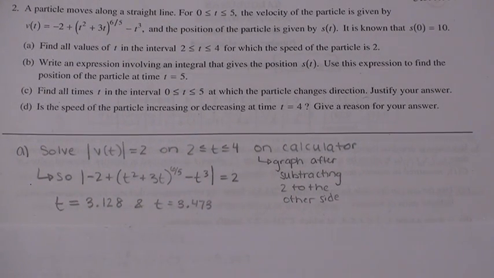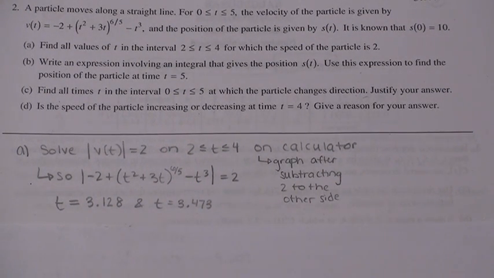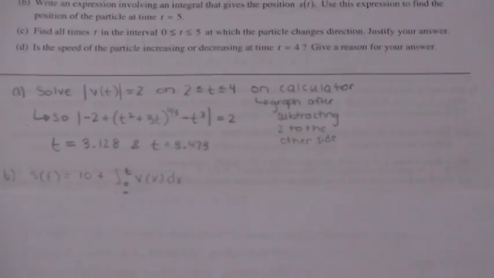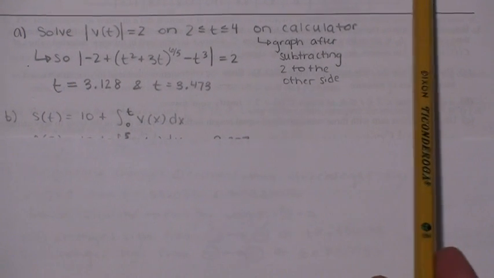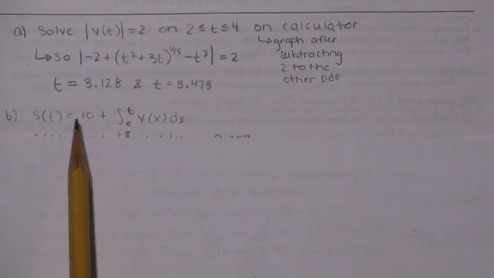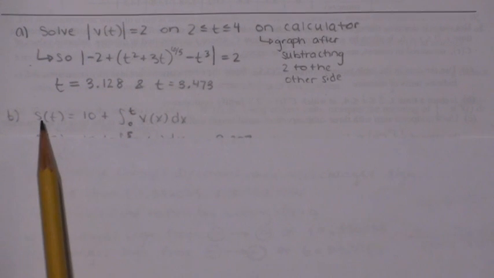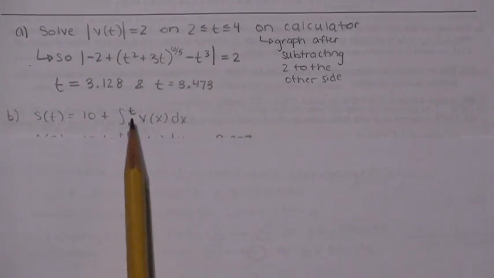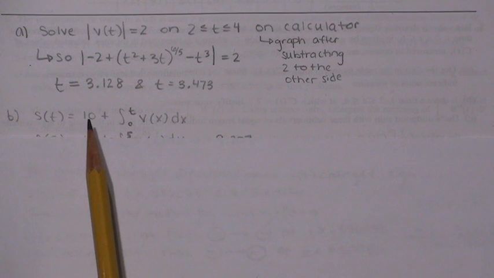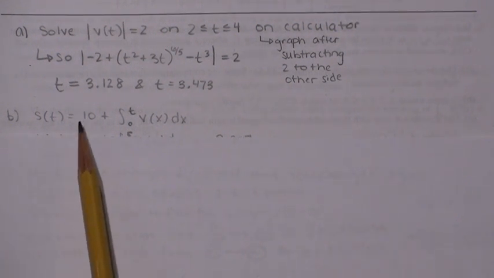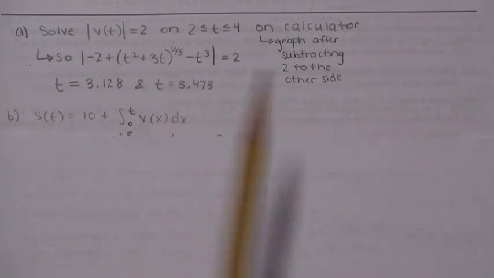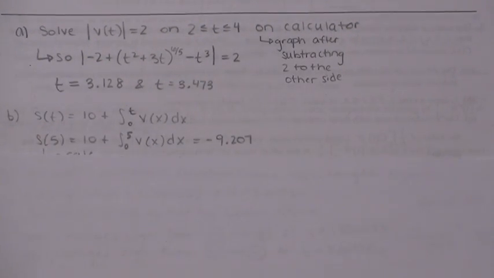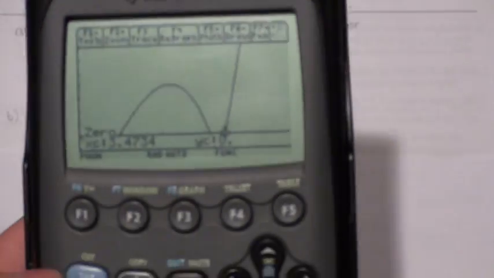Okay, B. Write an expression involving an integral that gives the position s of t. Use this expression to find the position of the particle at the time t equals 5. So we know that our initial position s of 0 is 10, so you're going to have to add 10. And s of t is going to be given by taking the integral of your velocity. So the basic expression would be 10 plus the integral from 0 to t of velocity dx. And then you sub in 5,